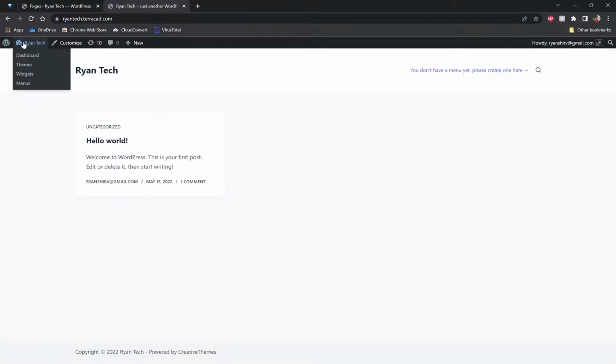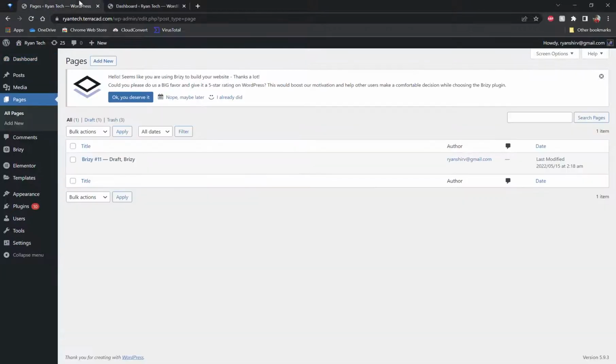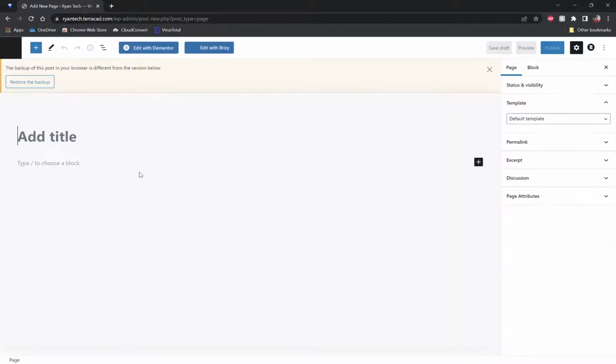Now I'm going to exit that because I don't want to mess around with it for now. And I'm going to go back onto the Elementor. So I'm going to go back to my dashboards, or I could go to my pages right here, and click Add New Page. Now, as you see, it's an empty page. We could give it a name though. We could call this the home page, or sample page, or test page, right? We can edit with Elementor,